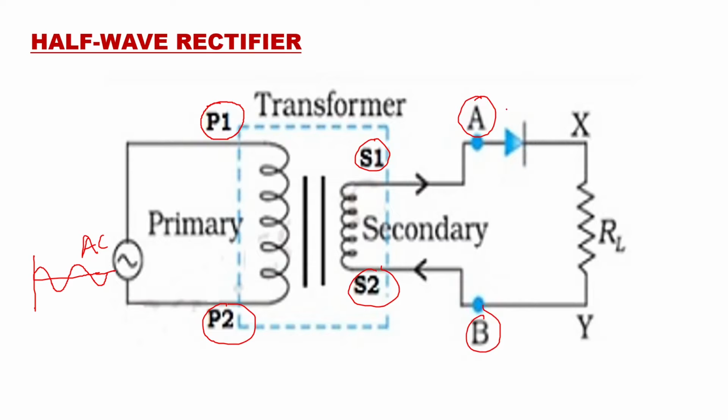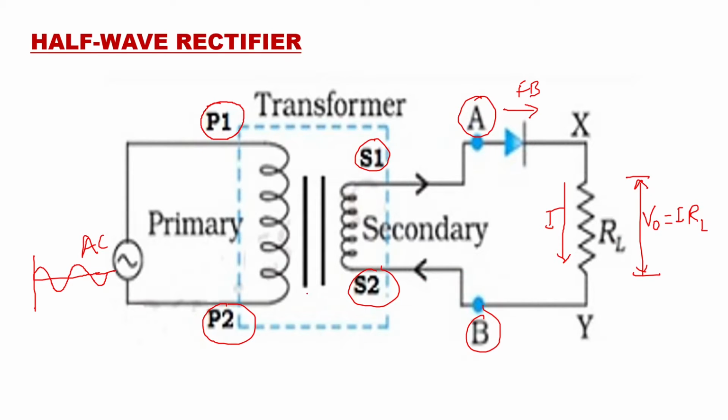So in that case, the diode will conduct, it will be forward biased, current flows through it, and this current flows through this resistance also, and therefore there will be an output voltage existing across the resistance, that is the load resistance. V out, the output voltage, will be current multiplied by load resistance. So here output voltage will exist when the input is positive half cycle.